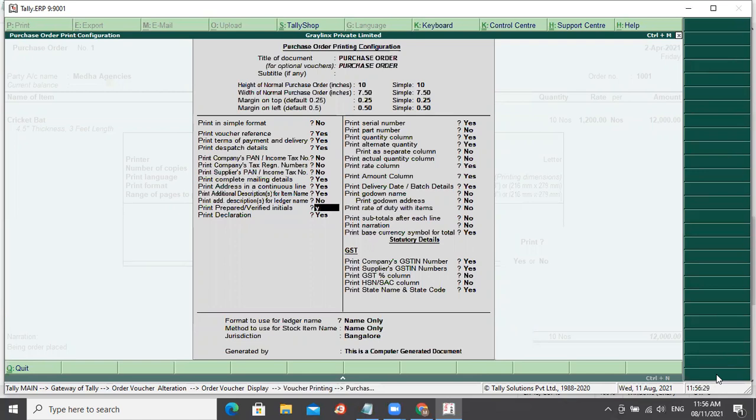Print verify initials, declaration, part number if there is anything. Separate column for alternate quantity, rate, amount column, batch wise details if there is anything. Then GST details, HSN code you want, HSN as a separate column, all these details you could enable.